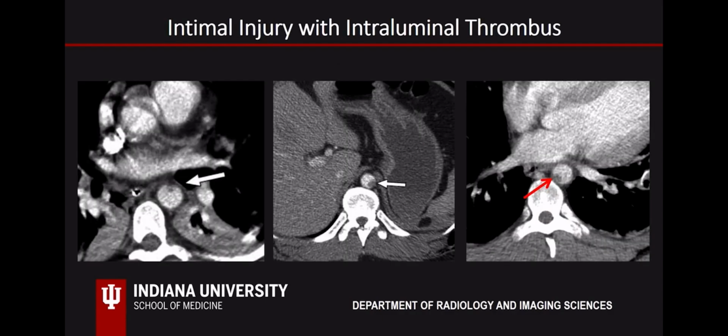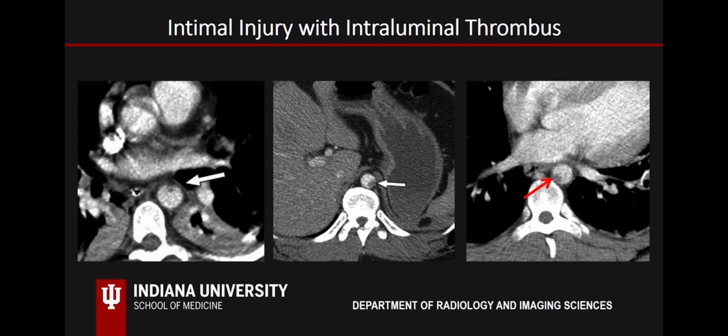Let's look at some images on patients with minimal aortic injuries. On the left, we see a small intimal injury with small intraluminal thrombus. Notice that there is no periaortic hemorrhage. Patient in the middle also has an intimal injury with an intraluminal thrombus that is slightly larger. Again, no periaortic hemorrhage. Patient on the right, a different patient, has an intimal injury with intraluminal thrombus, and again,